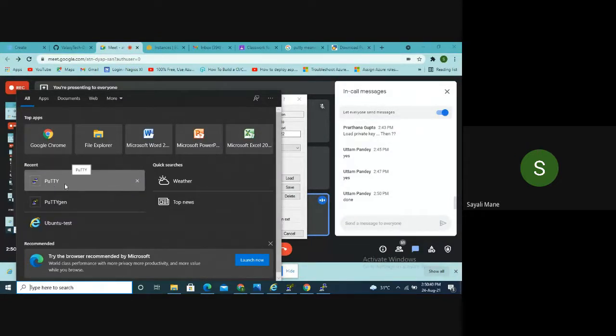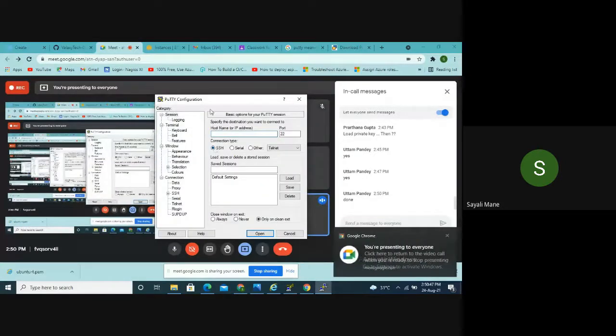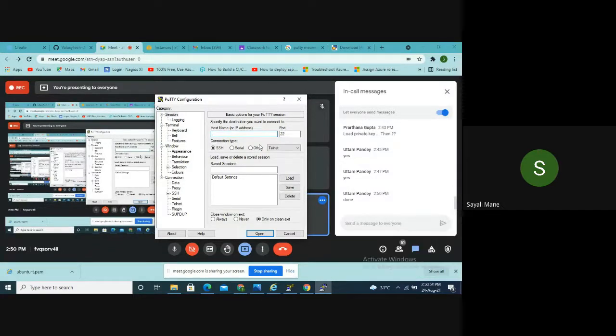Click on the putty or search putty, this one. Then this will open as putty configuration. So are you getting this screen?